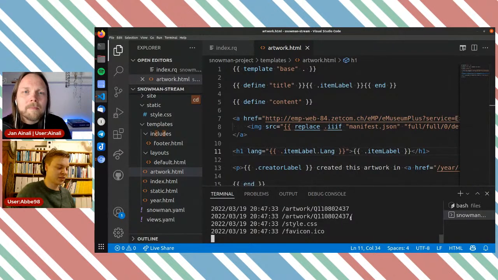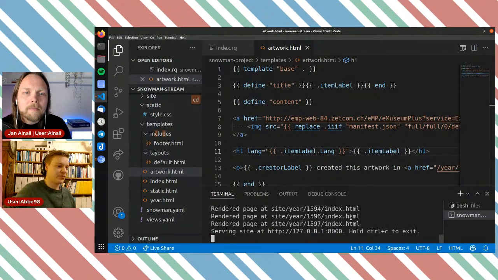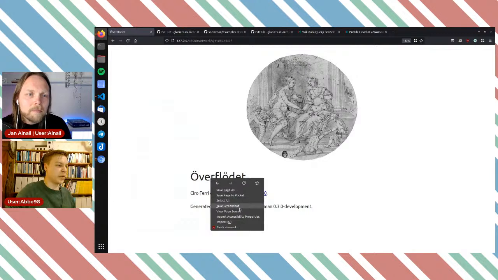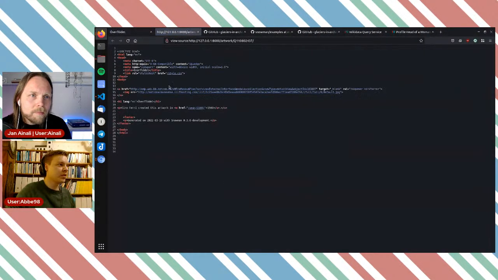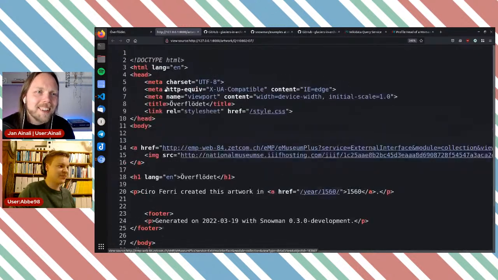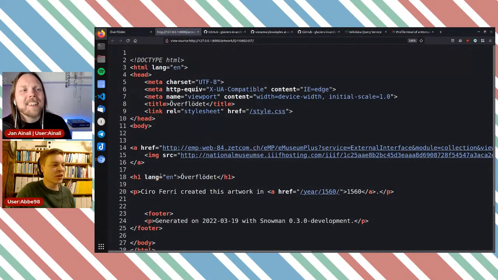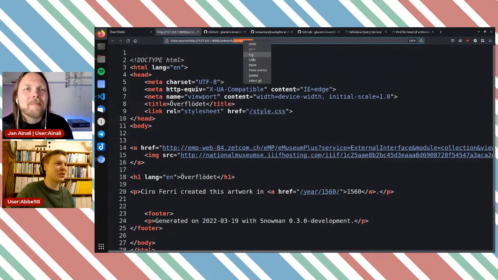So if I run this and we reload this and actually view the page source here, we can see that it says language English. Now here we go. So it says language English here, which is wrong. But I imagine here that it's not wrong here. It's actually wrong in Wikidata. So let's have a look at this item here.